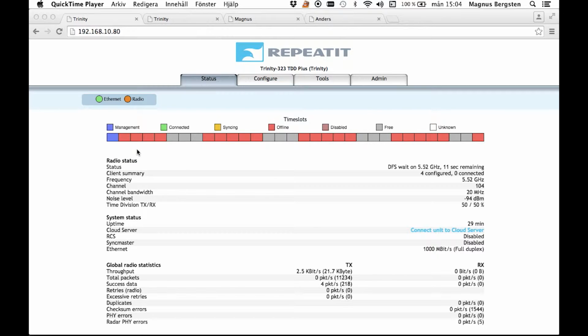Broadcast traffic is also allowed to be sent in the gray time slots. Gray time slots are time slots that are not used by anyone and not allocated by any client. They are shown up as free here. The red ones are allocated to clients, but the client is offline at the moment. Once the system is up and running, you will see that these time slots will become green whenever a client